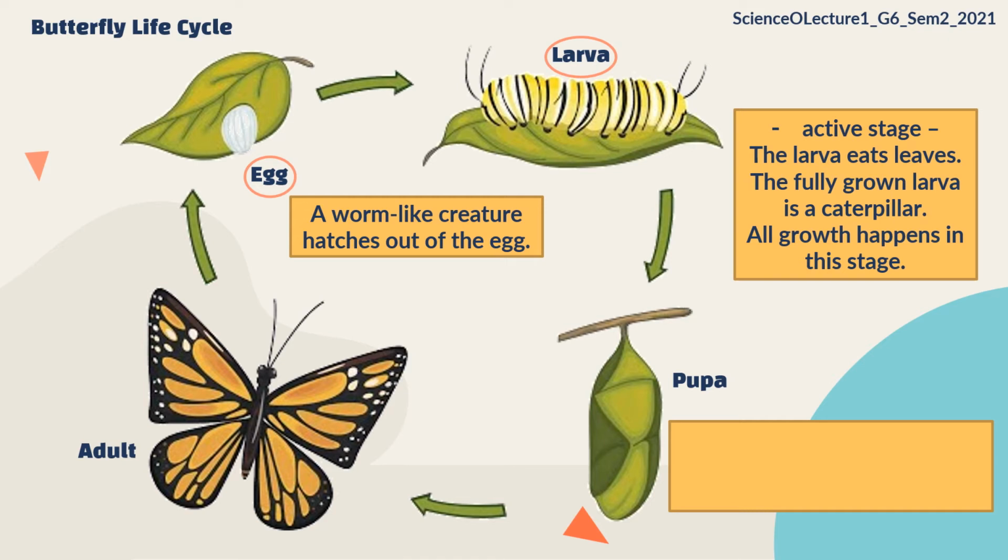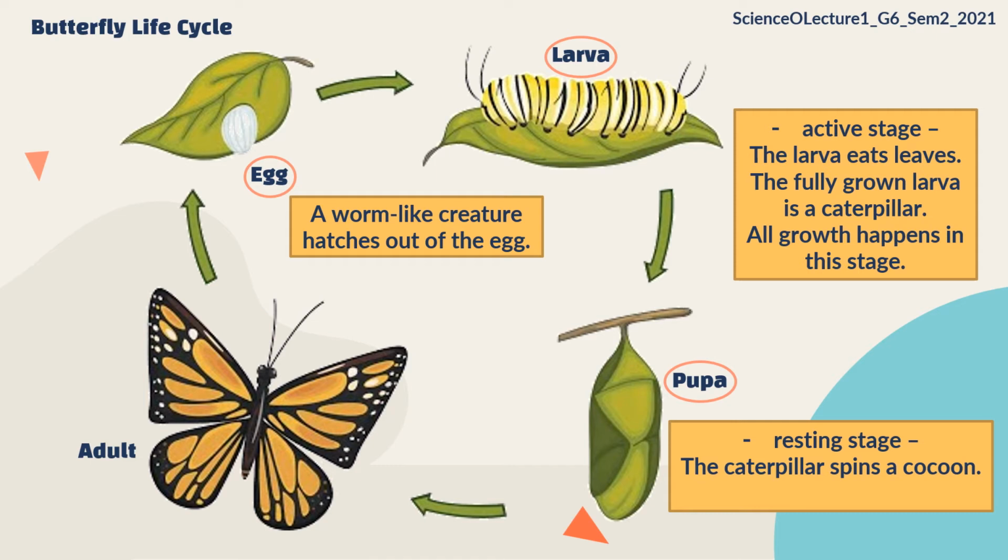So as I said, all growth happens in this stage. And let me tell you that the caterpillar loses its skin 4 times before it stops growing and it stops eating. Then we have the pupa stage, which is the resting stage. In this stage, the caterpillar spins a cocoon around its body and it fastens itself to a plant with a silk thread. The caterpillar inside the pupa